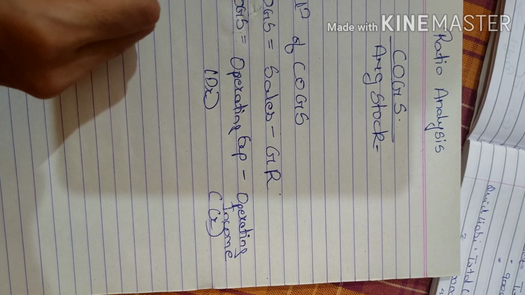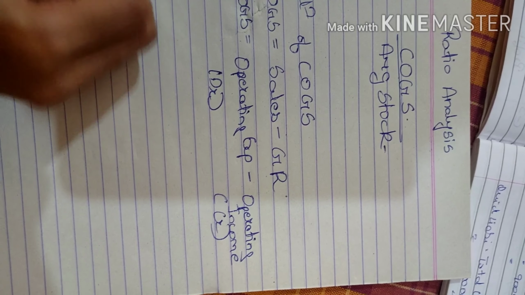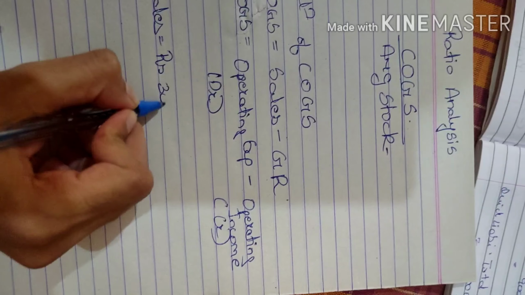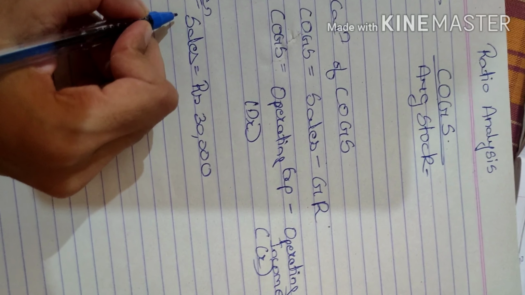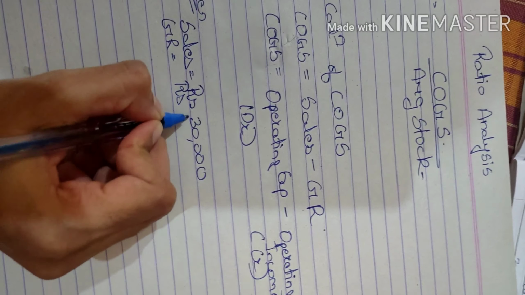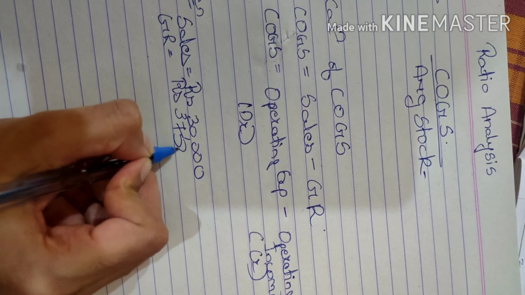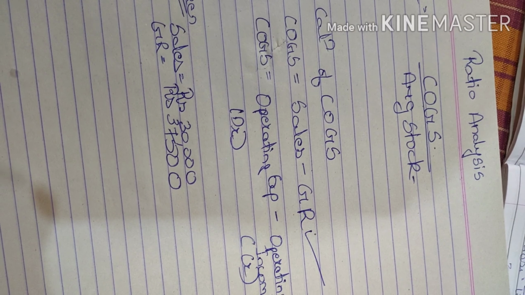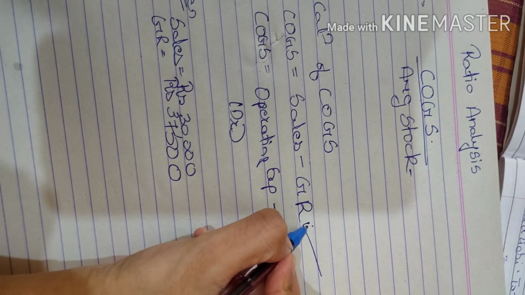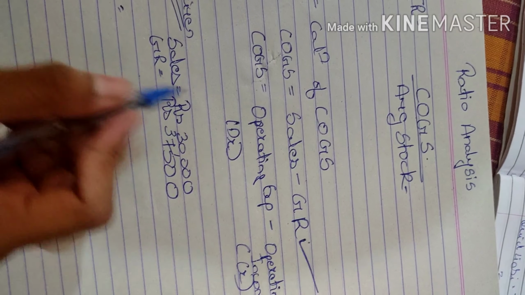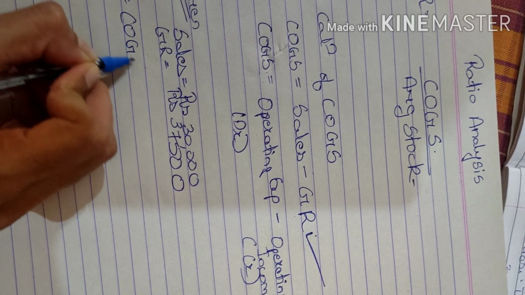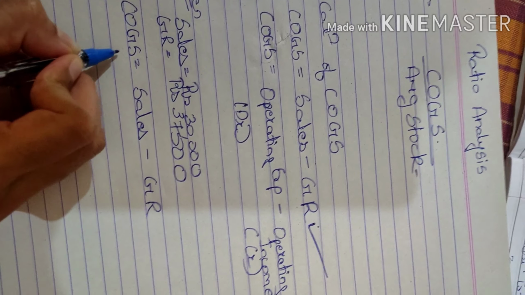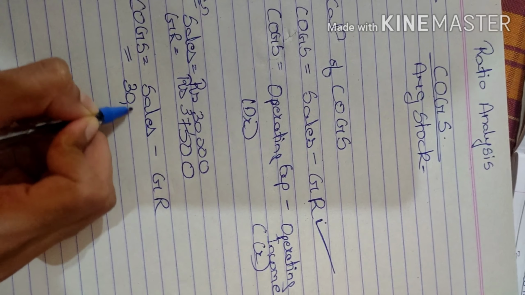But if we see in the question, they have given information regarding sales and gross profit as rupees 37,500. So it's better to use the first formula as it is simple and quick to solve. So I'm using the first formula to get the cost of goods sold. Cost of goods sold is equal to sales minus gross profit. Sales as given in the question,